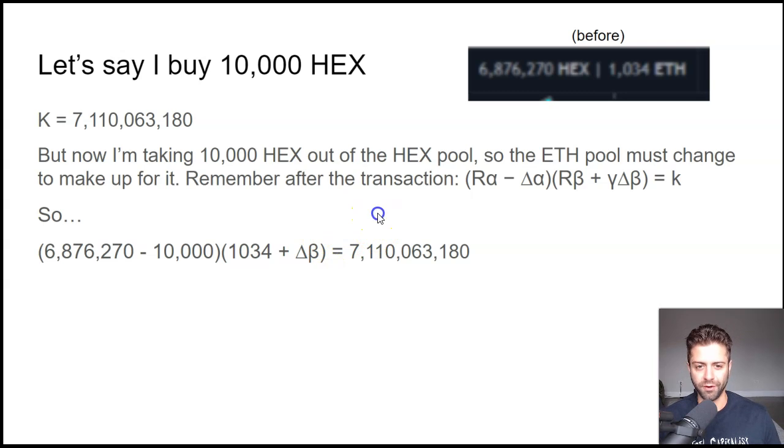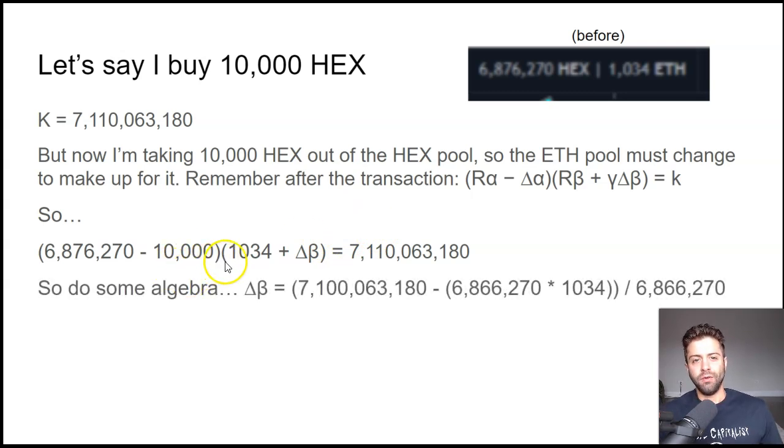It might have been a while for you, but let's just show, because we're going to solve for delta B in this equation, which is the hypothetical number of ETH I would need to pay in order to get 10,000 hex. Delta B would be equal to, we just do the subtraction here. We multiply them both together. We subtract one side from the other and divide by 866,000. And you can easily calculate delta B on paper or with a calculator, whatever. It's